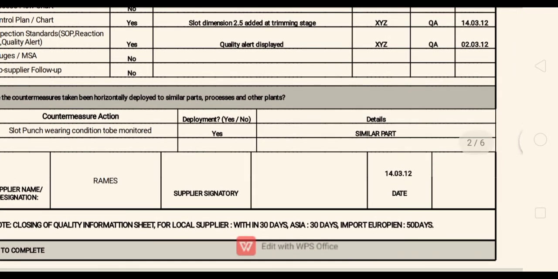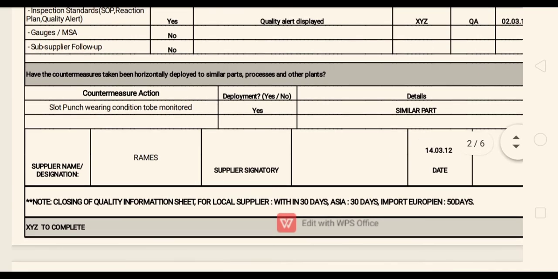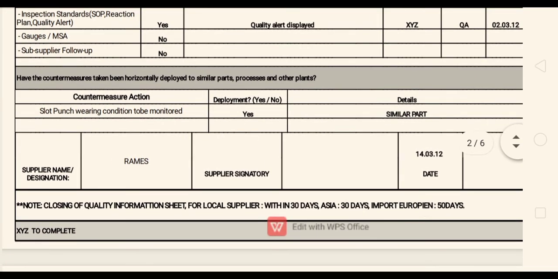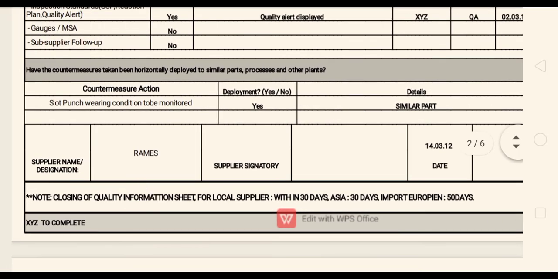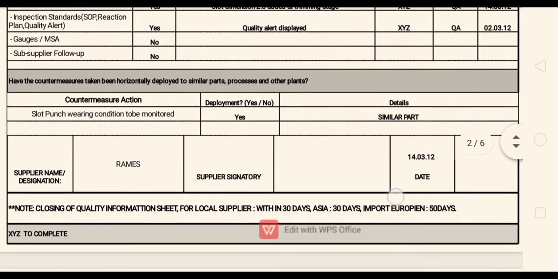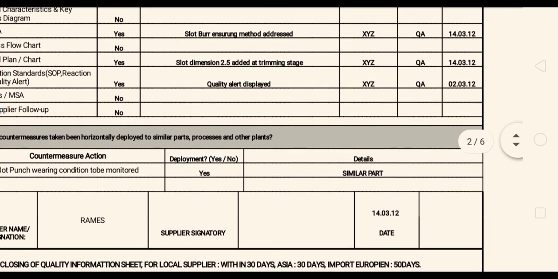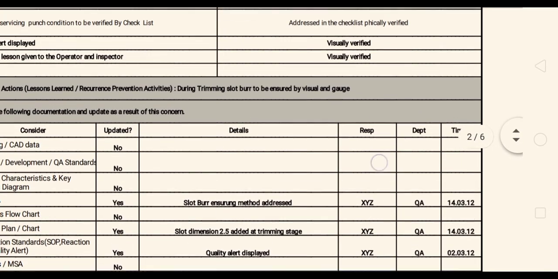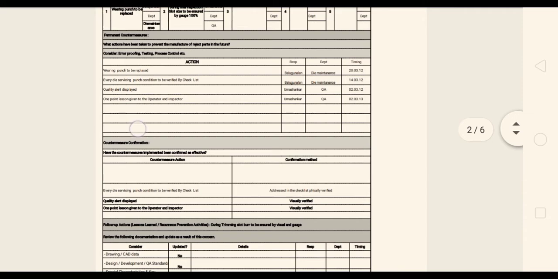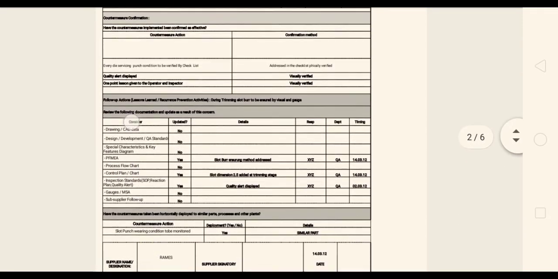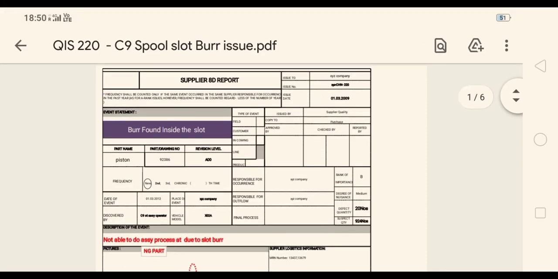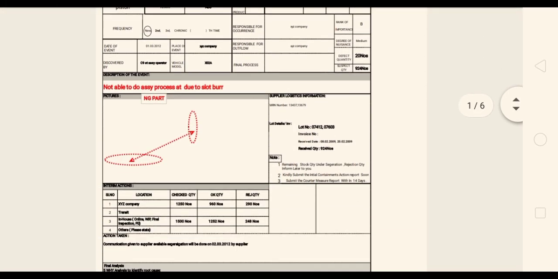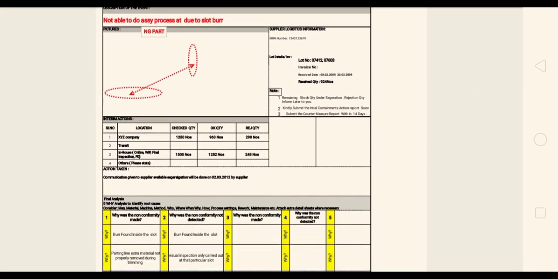In the supplier, your company, there will be a quality manager, and the one who is verifying in their company will mostly be a supplier quality person. He has to verify it and approve it. Whatever action I have given, they have accepted it. So this is basically the format. I have just shown you the two formats of two companies. I hope you have an idea of this, guys.